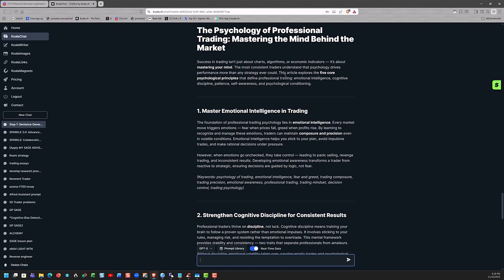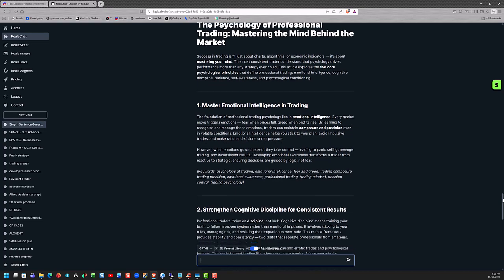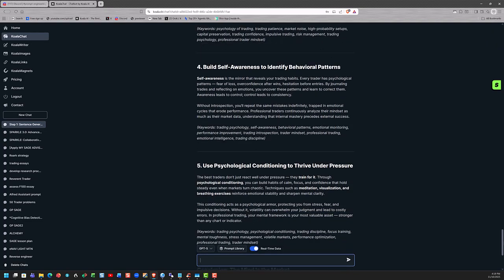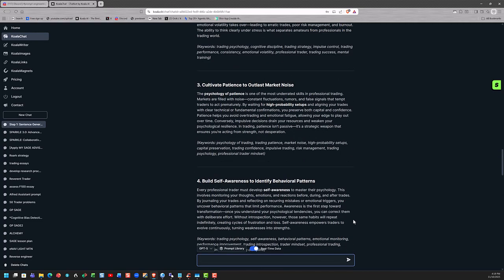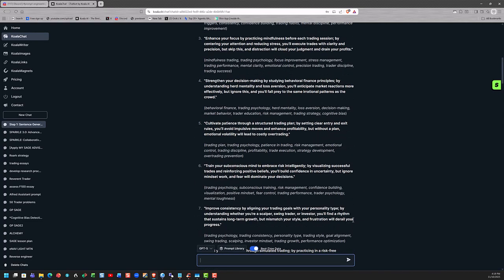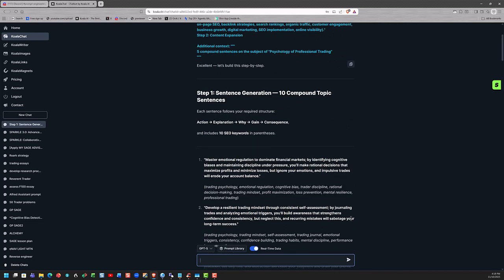It gives me pieces and parts. In this case, it's given me 5 chunks and a conclusion. I can go and add an SEO title, meta description, and all that jazz, to make it suitable for publishing as a blog post or article. But you've seen already that the Koala chat is pretty darn powerful. So all I'm going to do right now is take this first compound sentence